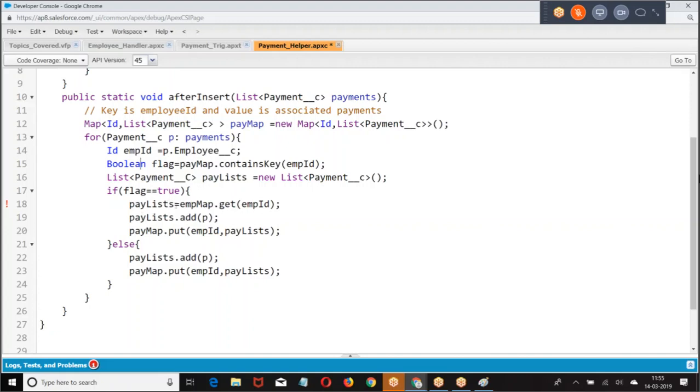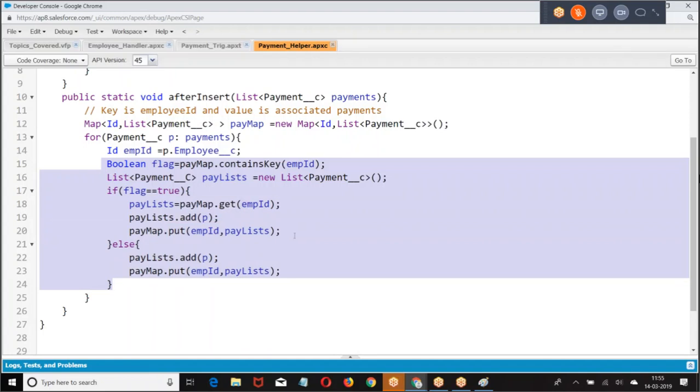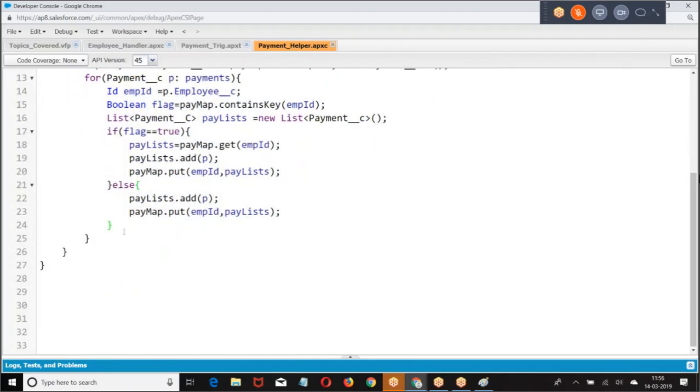Pay list equal to pay map dot get of emp ID. This logic I am not explaining, we have just done now. So finally, what is there in the map? Employee ID and corresponding payments.